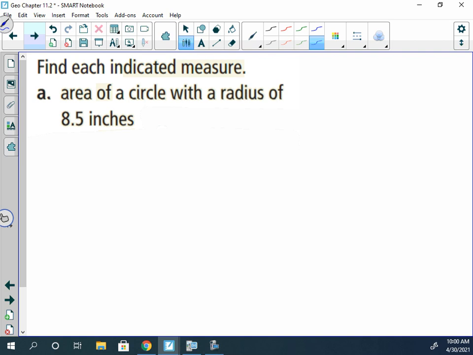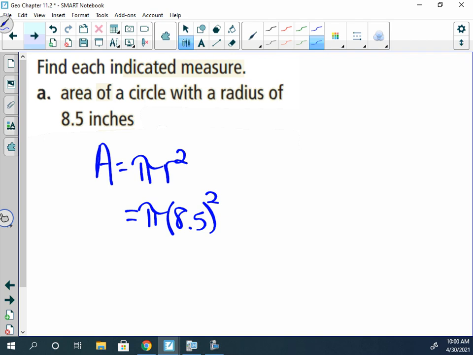All right, let's look at another one. The area of a circle with a radius of 8.5 inches. Well, again, area is equal to pi r squared. So the radius for this is 8.5. We can plug the radius into the formula and then type it into the calculator. So we can do pi times 8.5 squared,